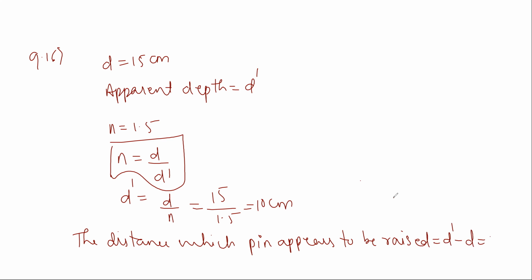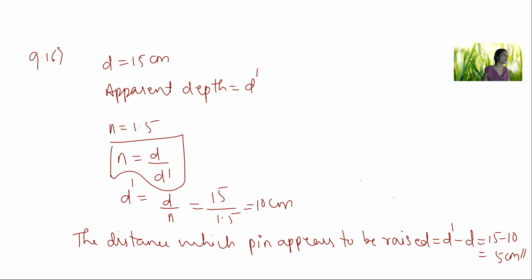So that we got 15 minus 10, so how much are we getting? So that we are getting as 5 centimeter. So, for small angle of incidence, this distance does not depend upon the location of the slab. So this is the solution for